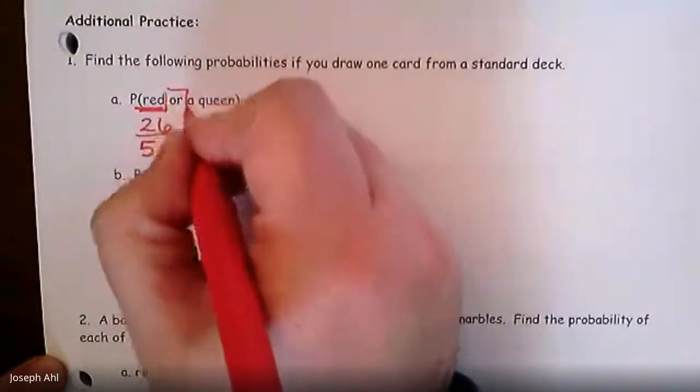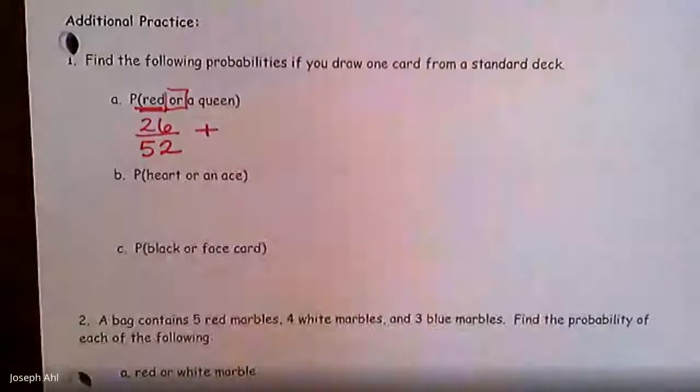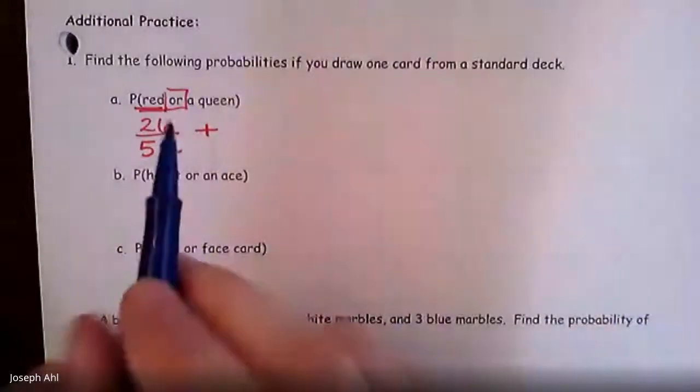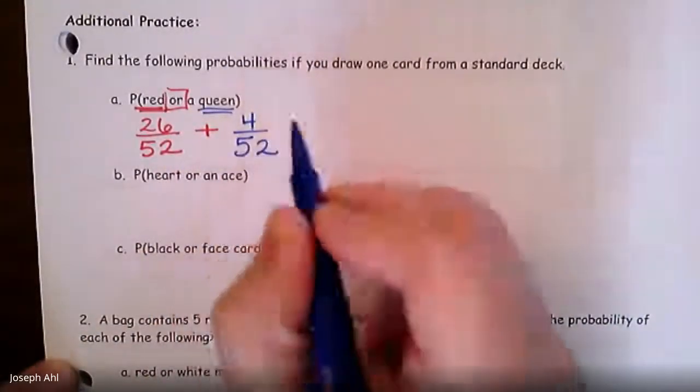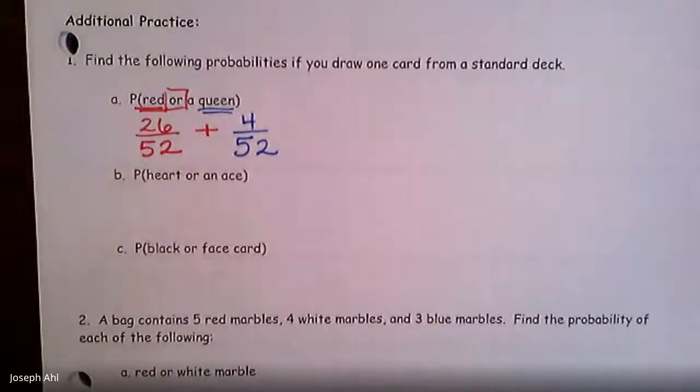When you see this word or, I want you to automatically think that you're going to add the next probability to that. So how many queens are in the deck? Well, in the deck there are a total of 4 queens. So as of right now, your probability should be 26 plus 4 out of 52. However,